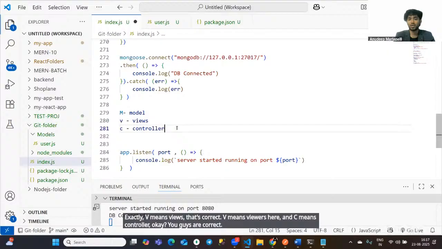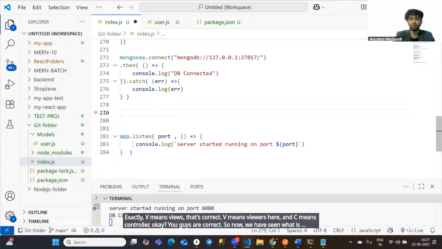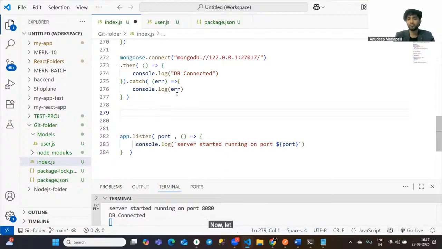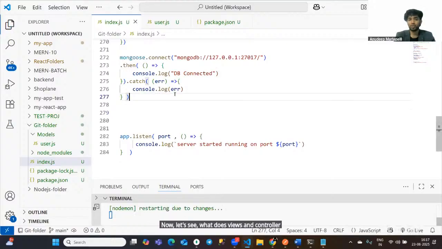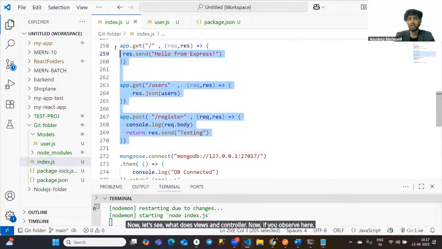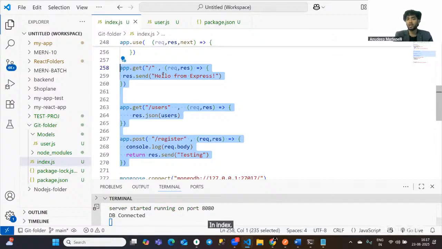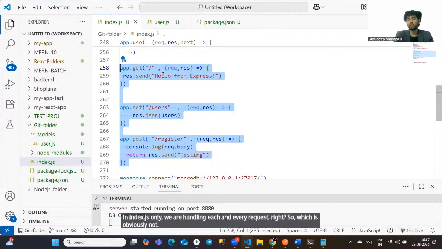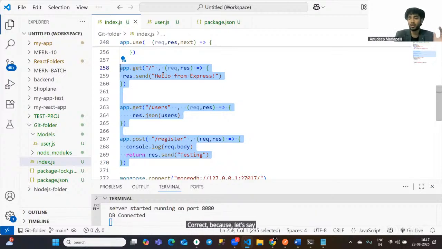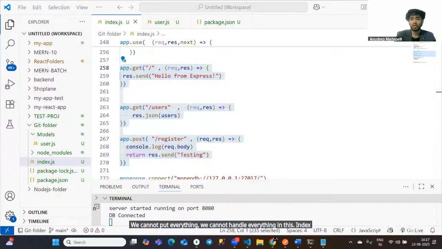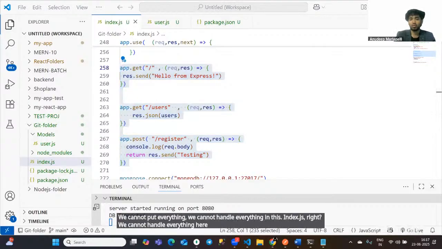So now we have seen what is model used for. Now let's see what is views and controller. Now, if you observe here, each and every API we are handling here only. In index.js only, we are handling each and every request, right? So which is obviously not correct, because let's say if you're handling 200 or 300 requests, we cannot handle everything in this index.js, right? We cannot handle everything here. So now what we should do,